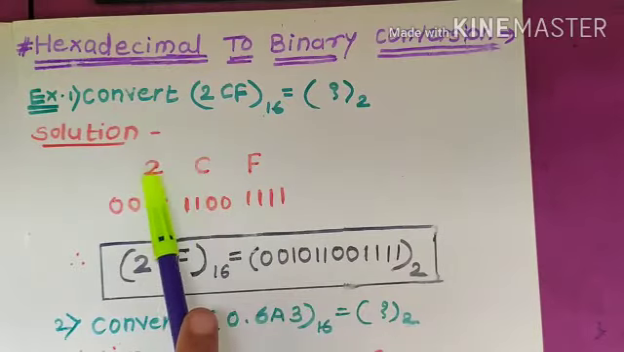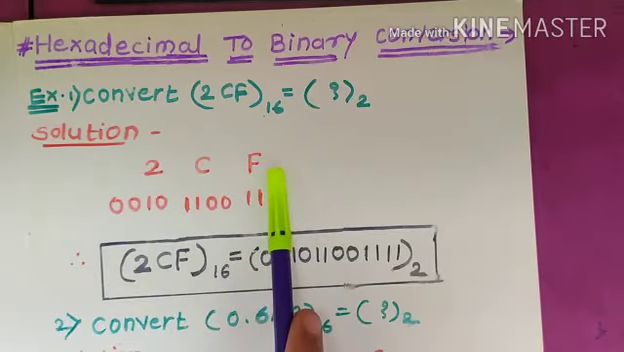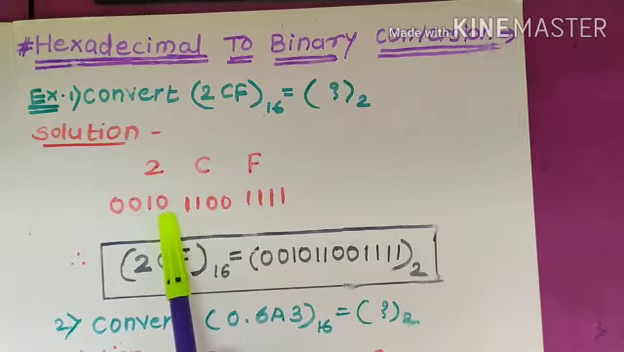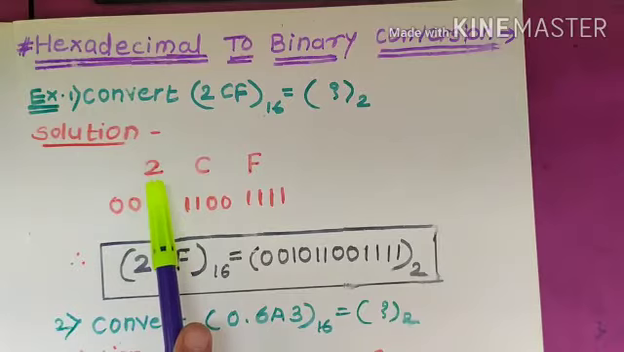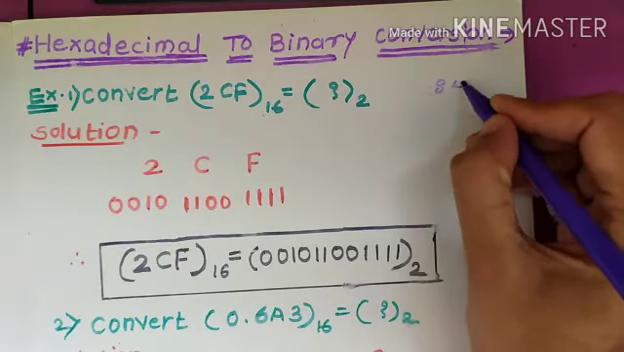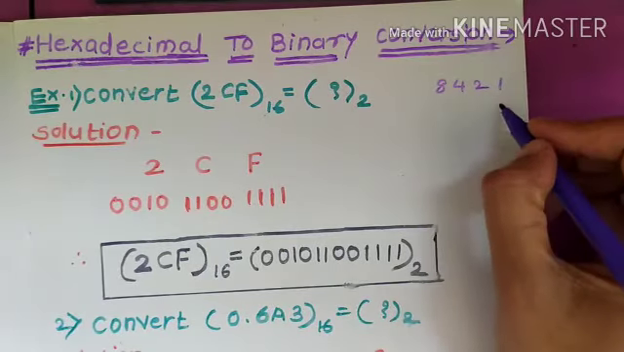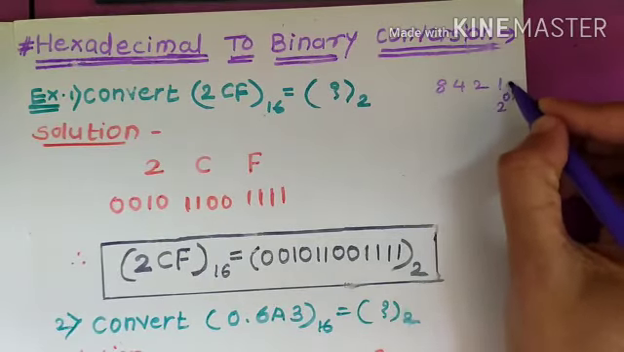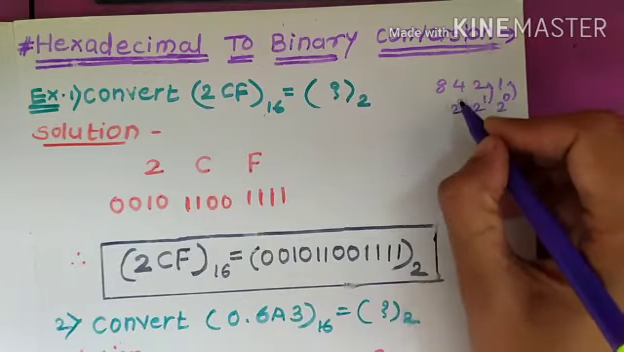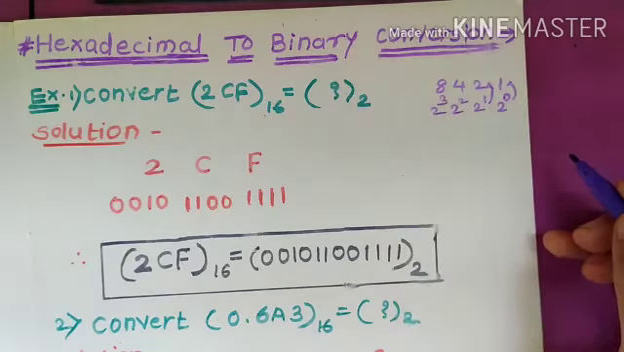If the numbers are like this, then write the digits separately, then write their equivalent binary digits. For example, according to 8421. Now what is this 8421? See, 2 raised to 0 is equal to 1, 2 raised to 1 is equal to 2, 2 raised to 2 is equal to 4, 2 raised to 3 is equal to 8. So in this way,